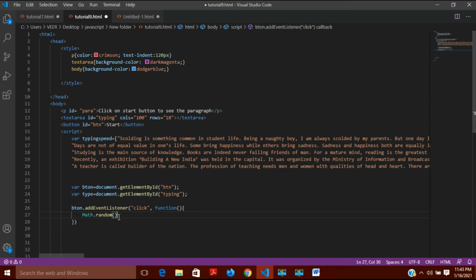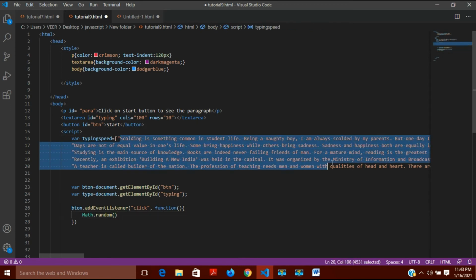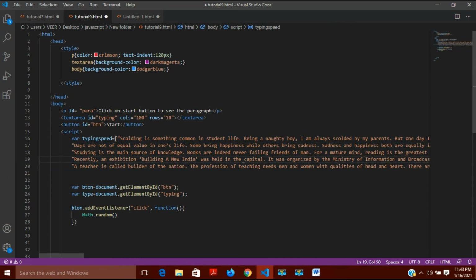So what I will do is, yesterday I had talked about dot length also, and what dot length does is it automatically sees how many elements are written inside the array. If you increase it, the computer will automatically know that you have increased, and these will be calculated, and randomly that many paragraphs are taken as random.